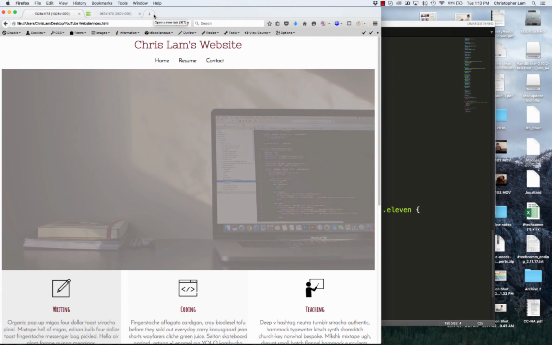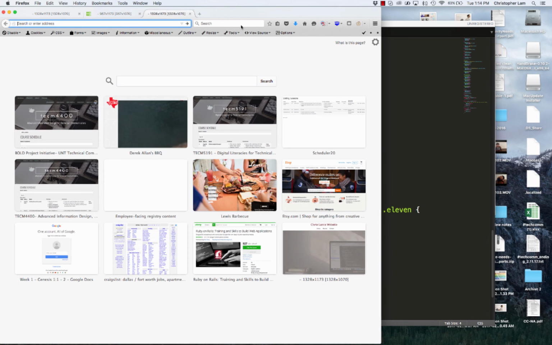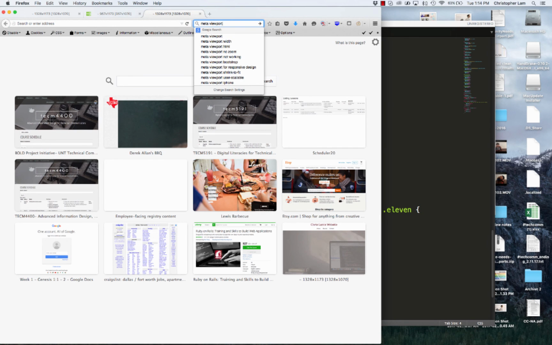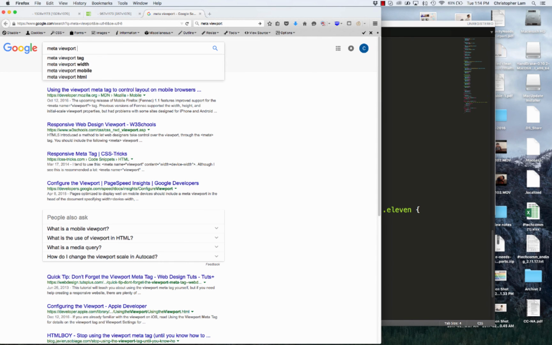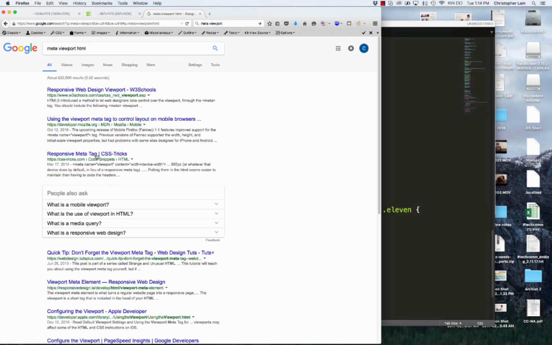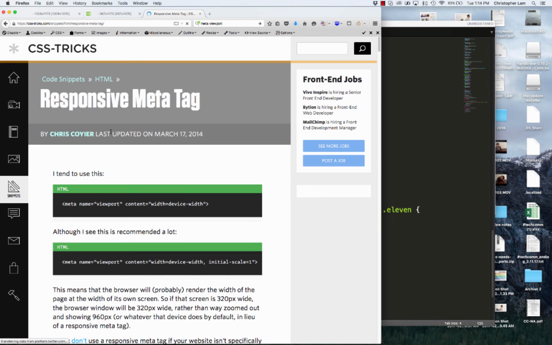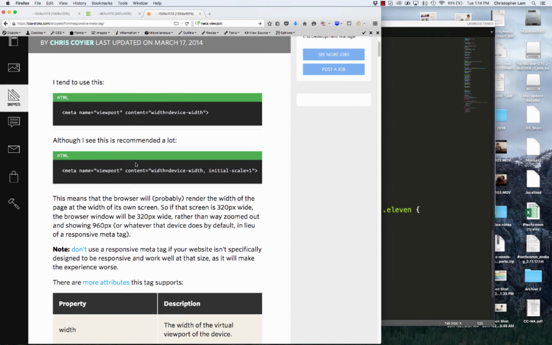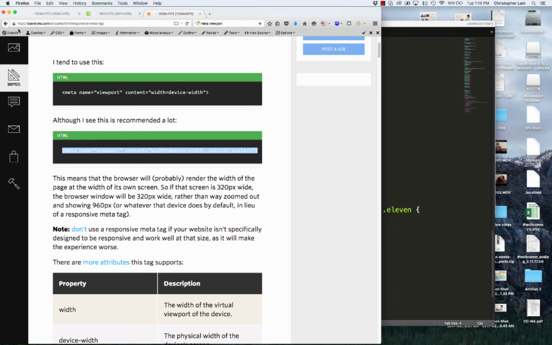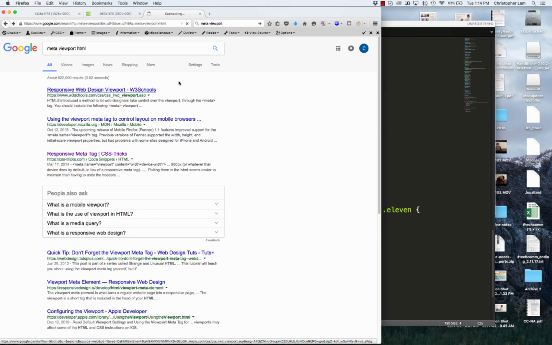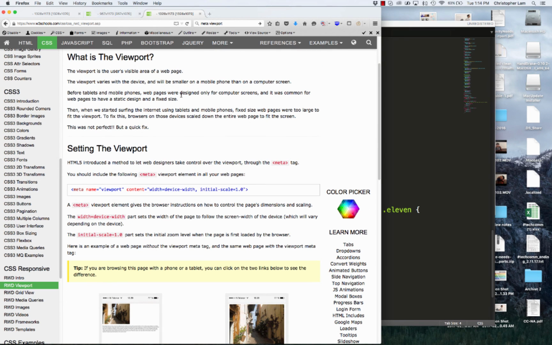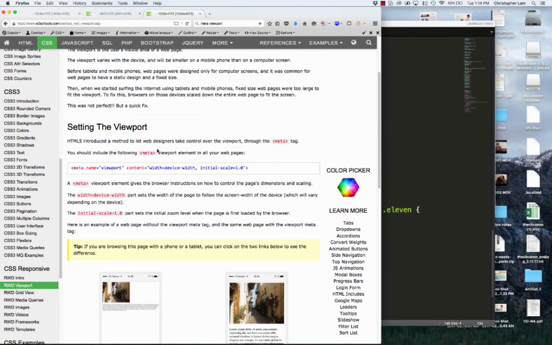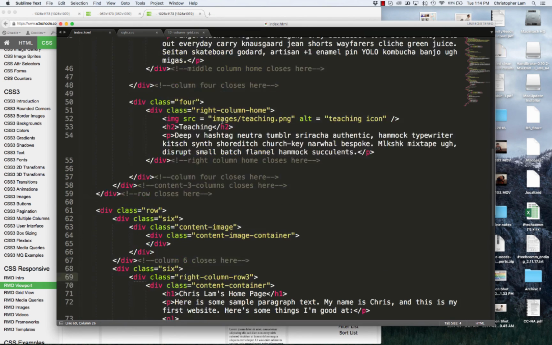The other thing I want to do real quickly is to tell you about what's called the Meta Viewport in HTML. So let's do the W3 Schools. This allows you to, so you want to copy this right here, and it allows you to set an initial